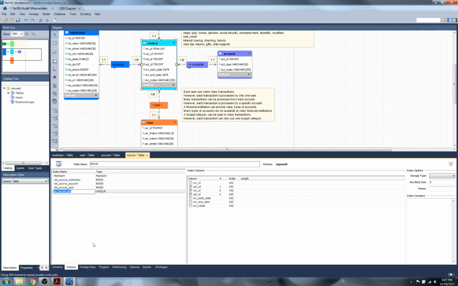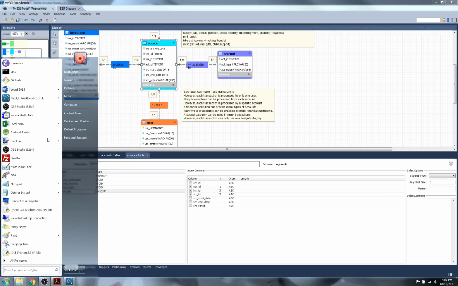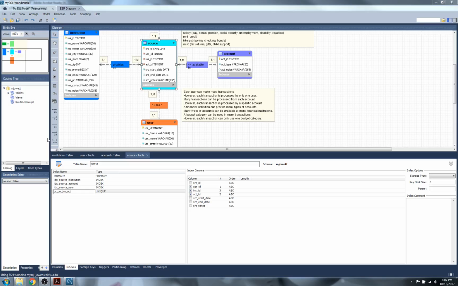Just like your attribute names, INS_ID. I know I'm using the 3-character prefix of a table followed by the ID, right? INS_NAME, or for a customer, CUS_FNAME, CUS_LNAME. It doesn't have to be long, but something that's intuitive. Here we're saying we're creating a unique index. So to create that unique index, we want to give it a name. Again, the name,